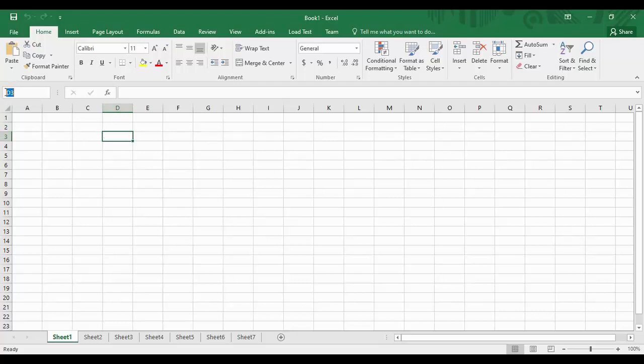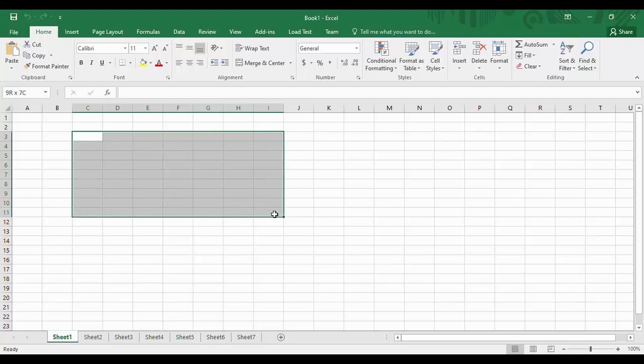You can see that here we can see the name of the cell, or the address of the cell, and if we click on any cell, you can see that its address changes. If you want, you can also click on a number of cells together like this. This is basically selecting a range of cells, which is depicted by the first cell over here, that is C3, and the last cell over here, that is J13. So that would be the range of these cells.